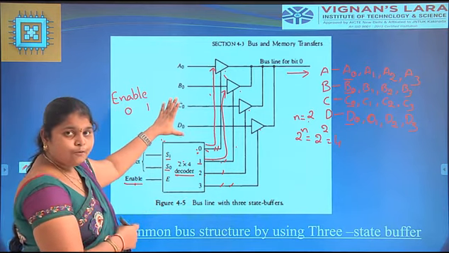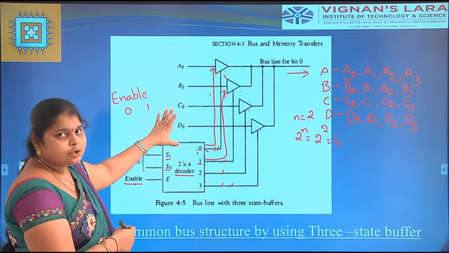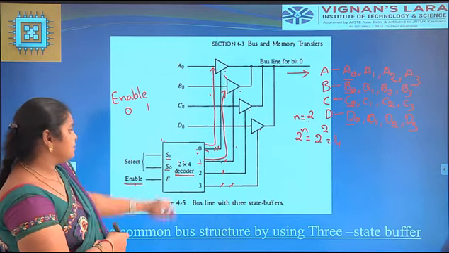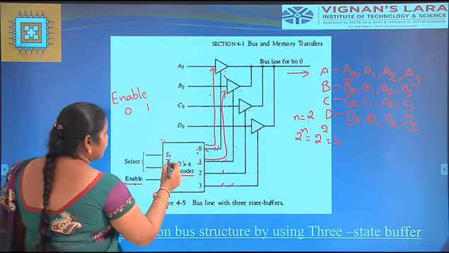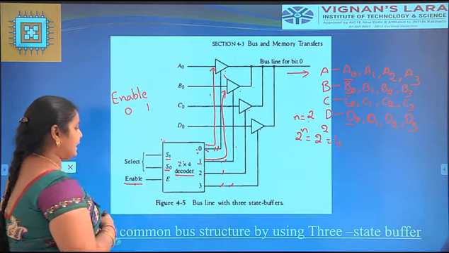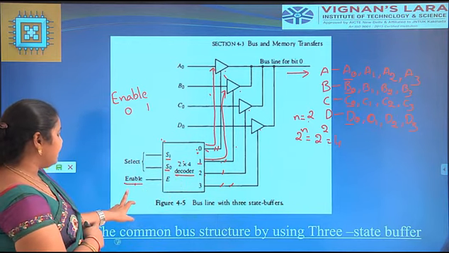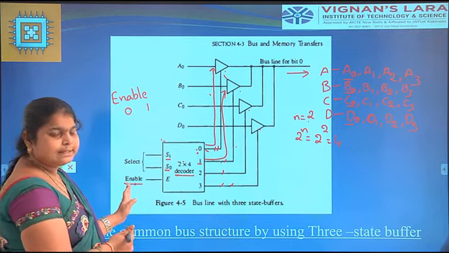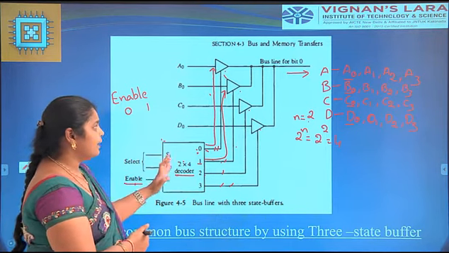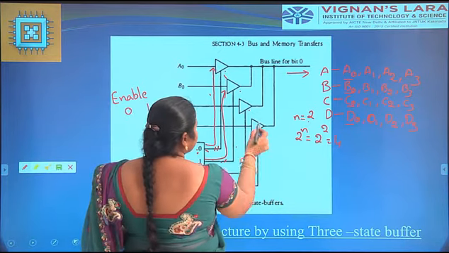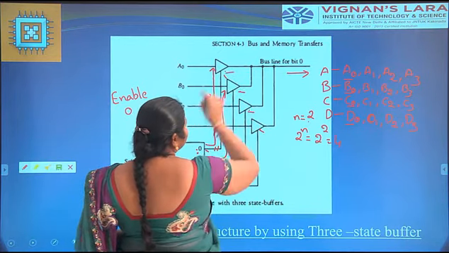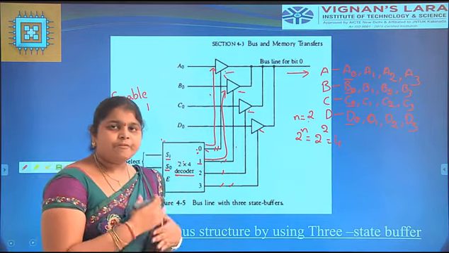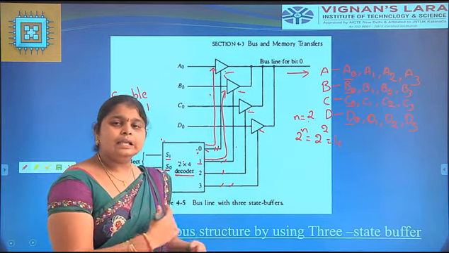We have to take in only a single bit in those registers A, B, C and D. S1 and S0 are the select lines. Enable has both active and inactive states that can be represented as zeros and ones. These are the 3-state buffers. By using this 3-state buffer, the transferring of information from one end to another is easy and very efficient.